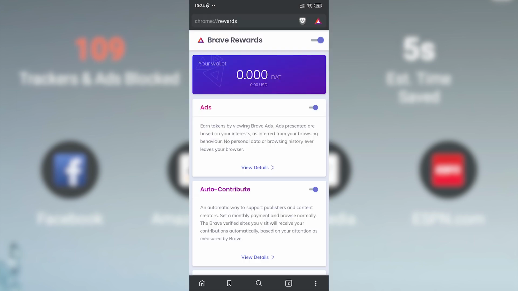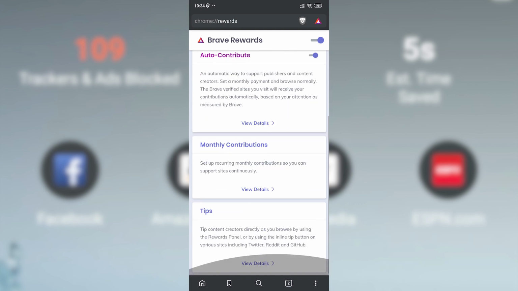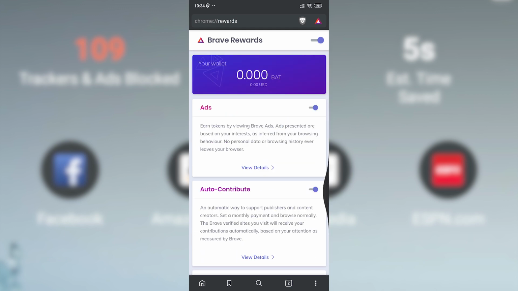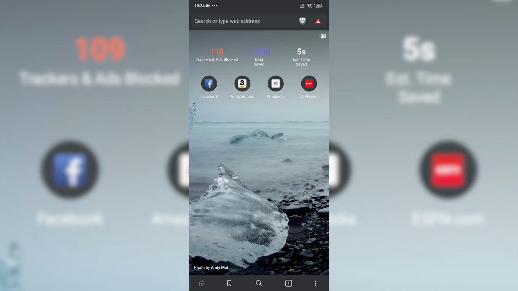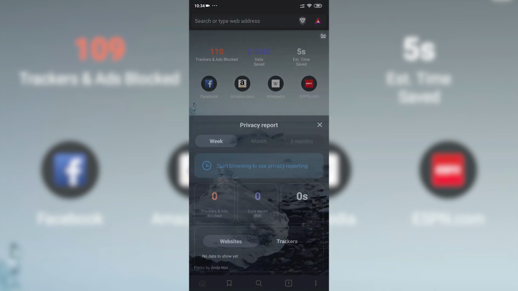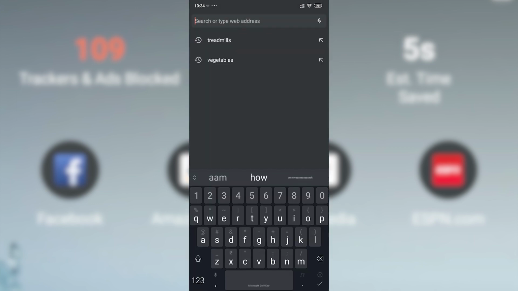You can also watch ads which respects your privacy and earn credits which you can send to the creators as a bonus. It even shows you how much ads were blocked, how much data it saved, and how much time it saved as well. So definitely go check this out.